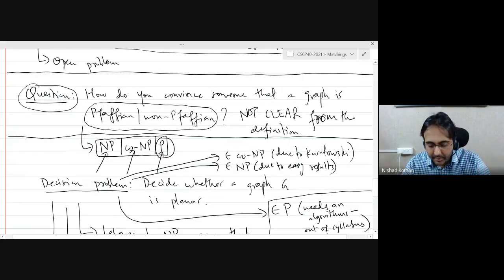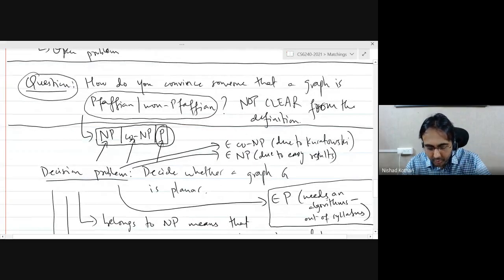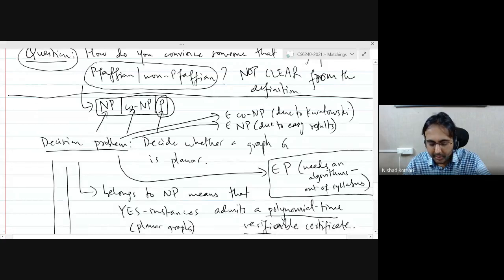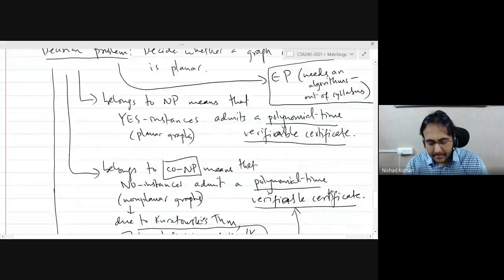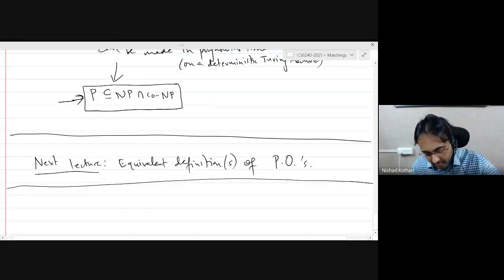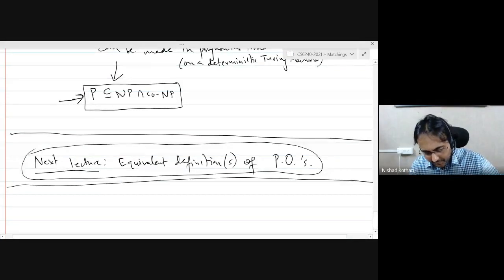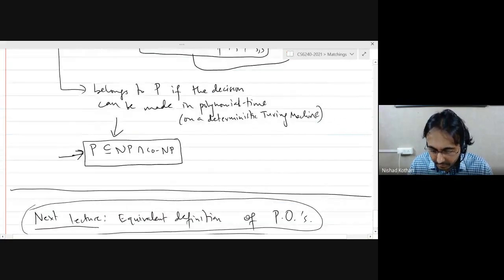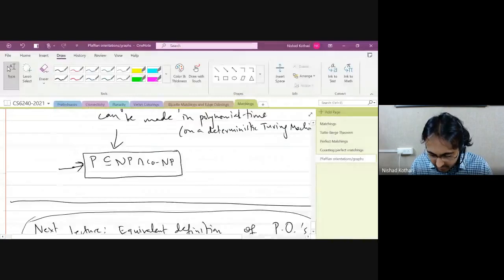So immediately from the definitions, it's not clear whether the problem belongs to these complexity classes that we discussed last time. But if you didn't follow that, don't worry about it. It's not that relevant to our course. So it's not clear whether the problem belongs to NP or co-NP, and definitely the problem is not known to belong to P. So it's not known to be polynomial time solvable. But anyways, the focus today is to get to an equivalent definition of Pfaffian orientations. In fact, I will just say one equivalent definition, which is going to be really important to us.